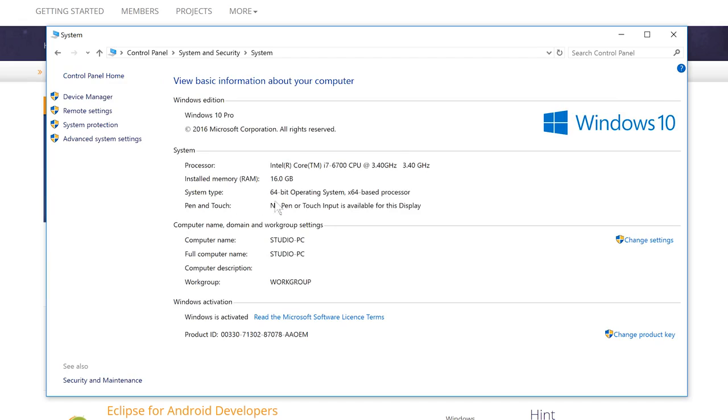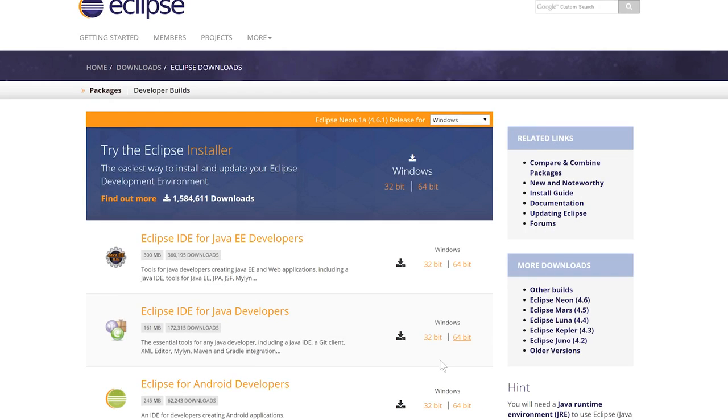So here I'm running a 64-bit operating system, so therefore I'm going to download the 64-bit version. If you're running a 64-bit version of Windows on your computer, you do the same. If yours says 32-bit, you download the 32-bit version. So here we are, you choose which one you want, and we're getting the Eclipse IDE for Java developers. Click on 64-bit in my case,